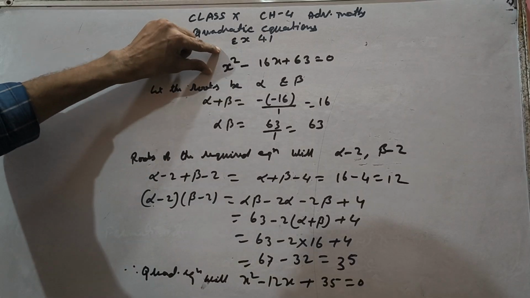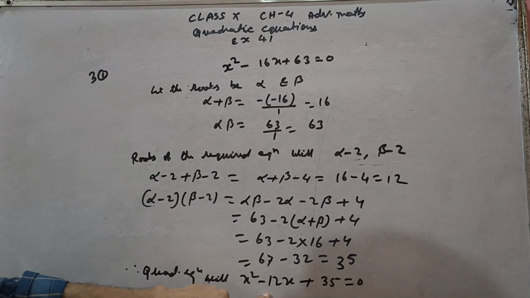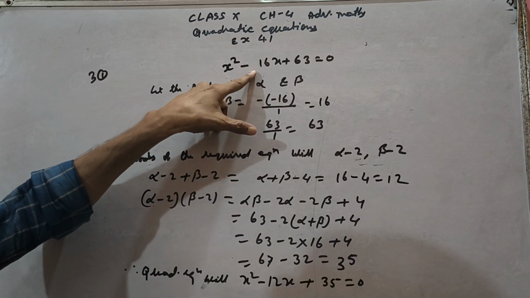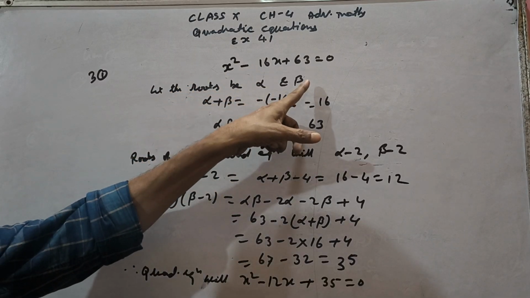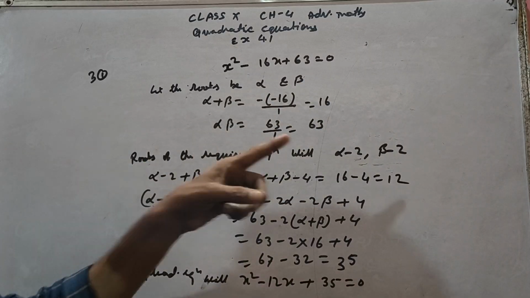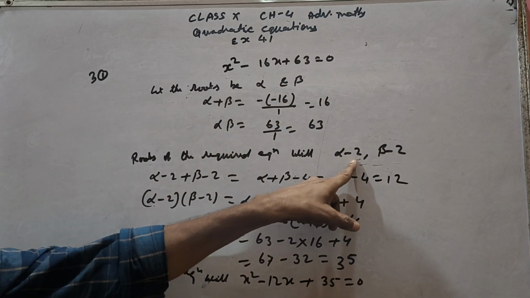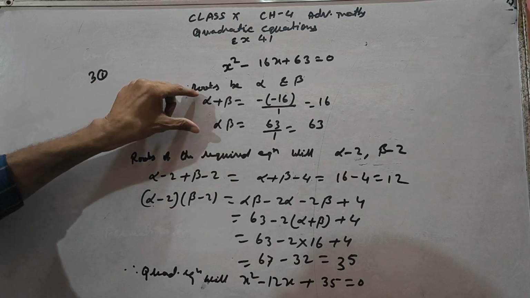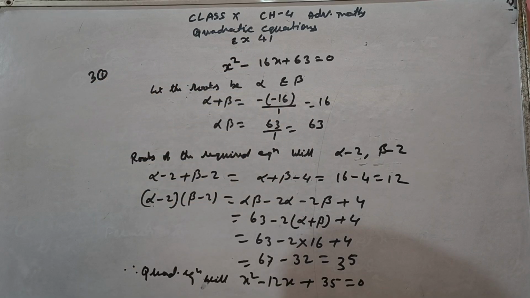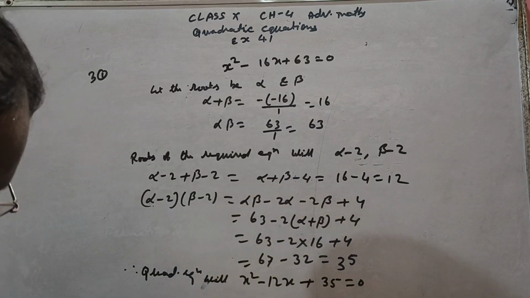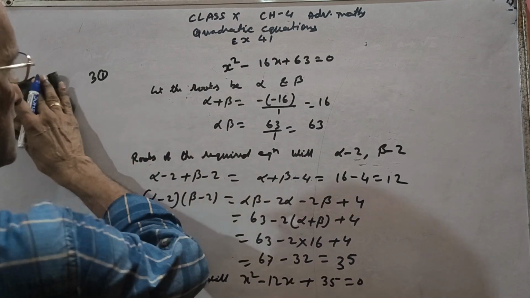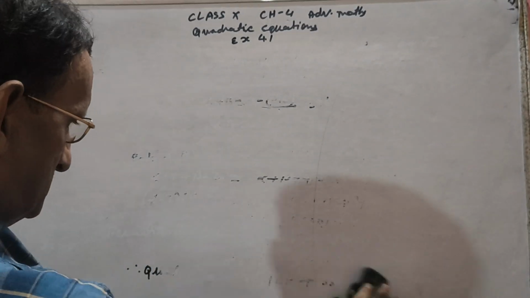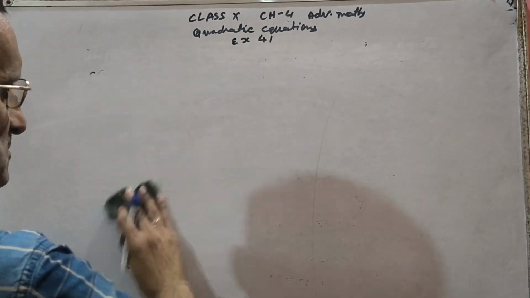One equation is given. We have to form another equation whose roots are 2 less than the roots of this equation. The roots of the given equation, you will take alpha and beta. The roots of the required equation will be alpha minus 2 and beta minus 2. Then use the relation between the roots and the coefficients, and the formula, so you know only. Okay. Similar question is number 2. So we are doing number 2 here also.